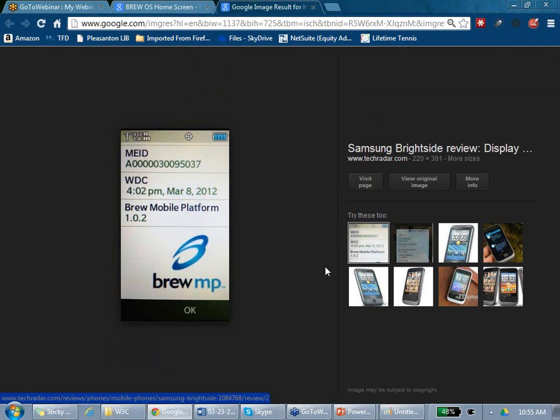Yeah, this is one of the Brew types, maybe one of the latest Brew, but it used to be before.